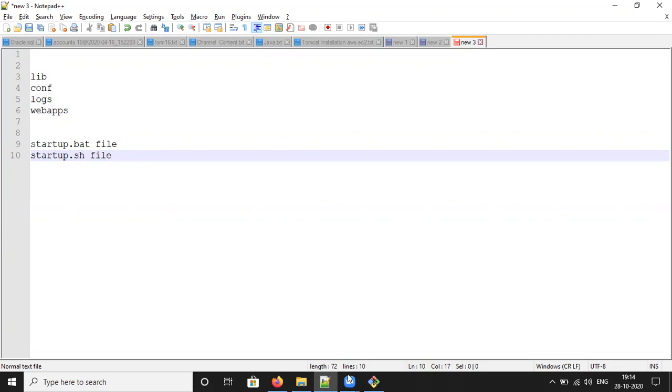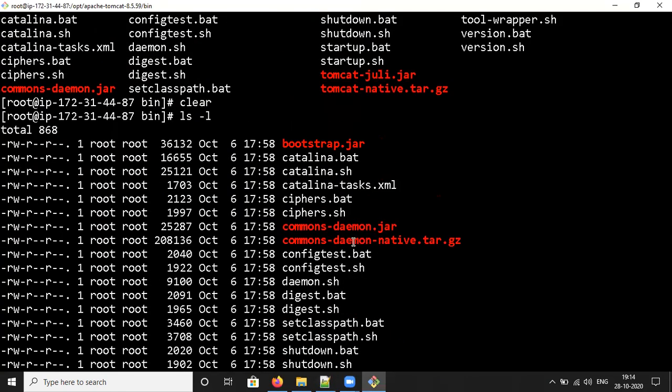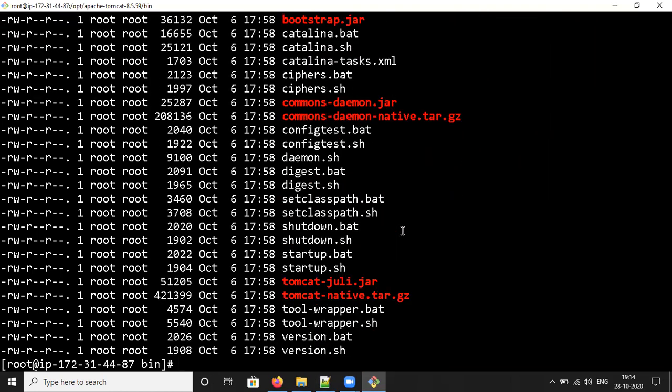I will check ls -l. These are the files available inside the Tomcat bin directory. Now I want to create a soft link for startup.sh and shutdown.sh, because a soft link is only a shortcut for starting and stopping the Tomcat server.